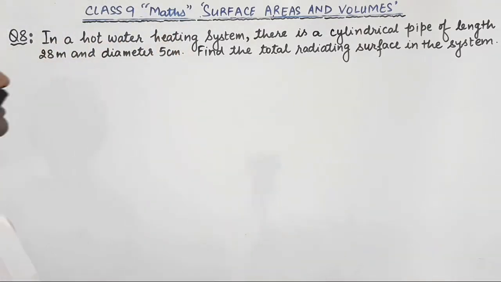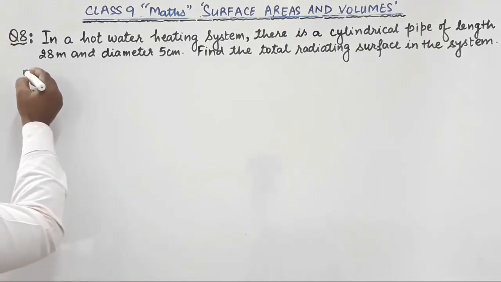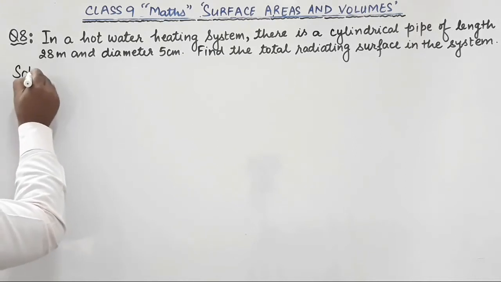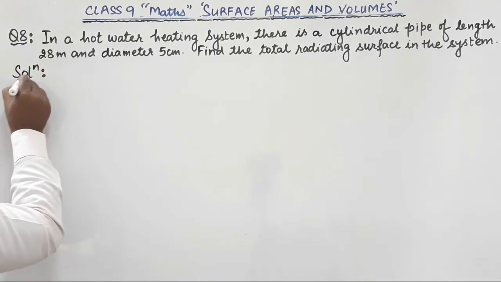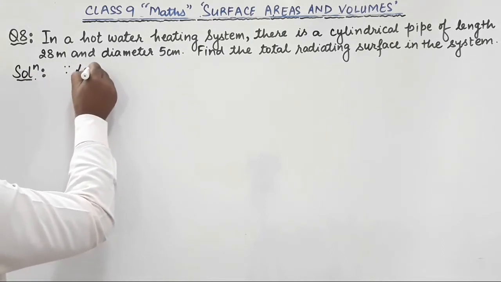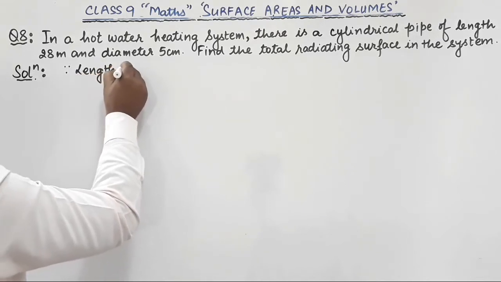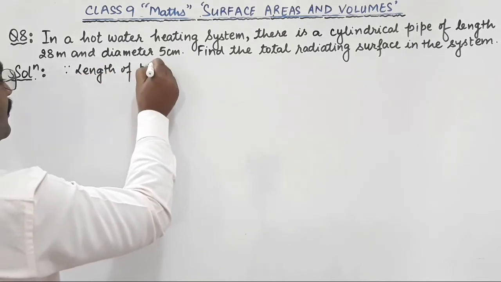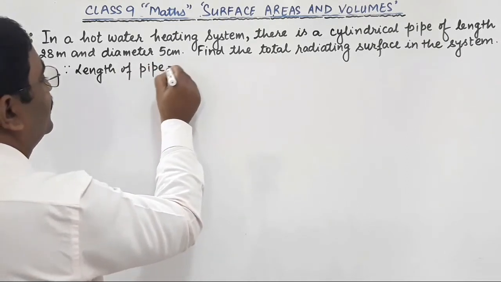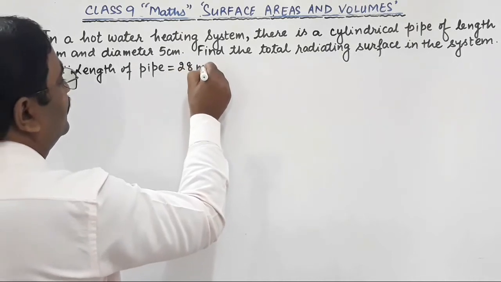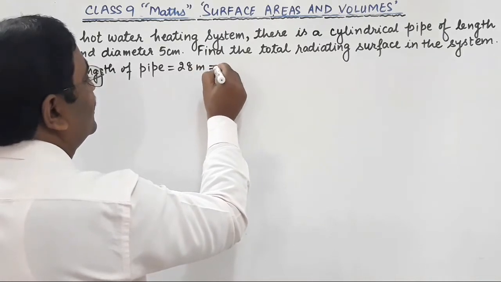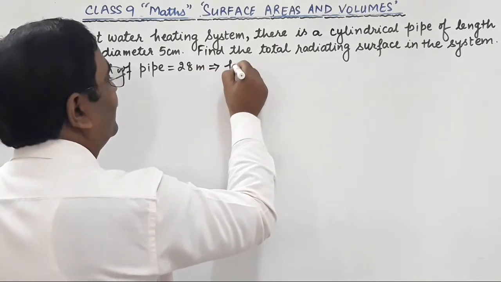First thing given, the length of pipe is 28 meter. So length of pipe, what does it mean? It means the height of the cylindrical pipe. So since length of pipe is equal to 28 meter, therefore the height of that cylindrical pipe is, this implies that h is equal to